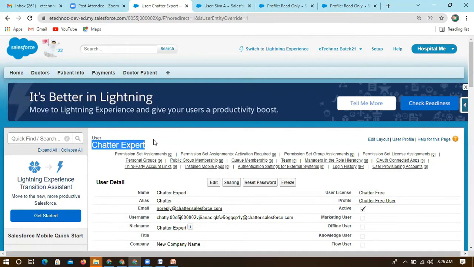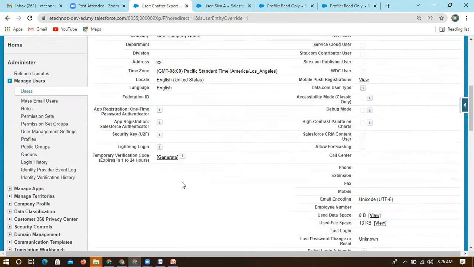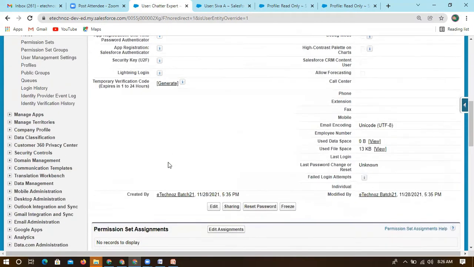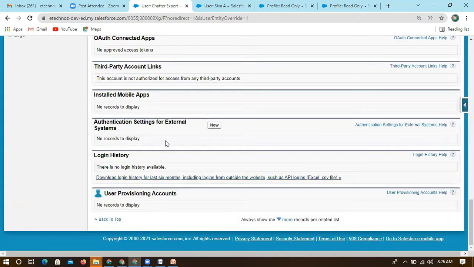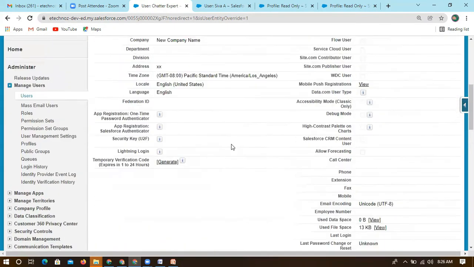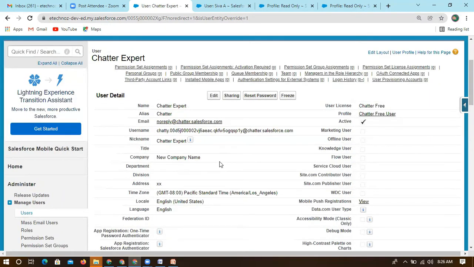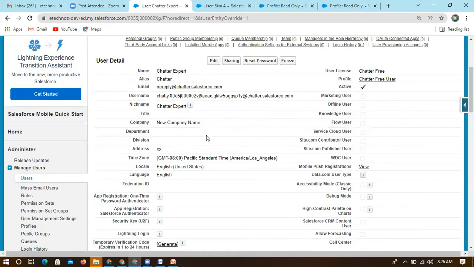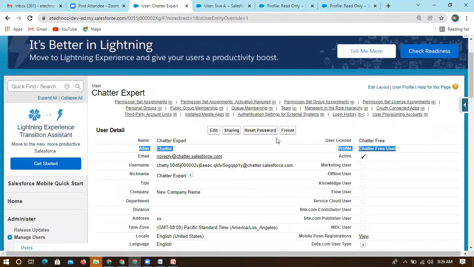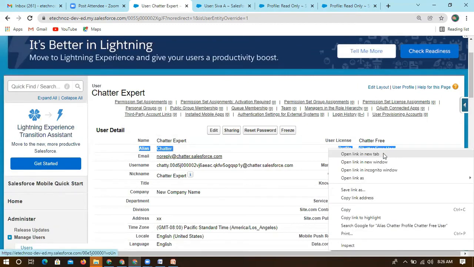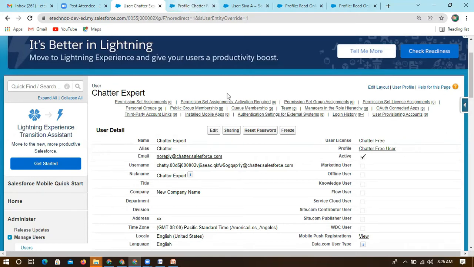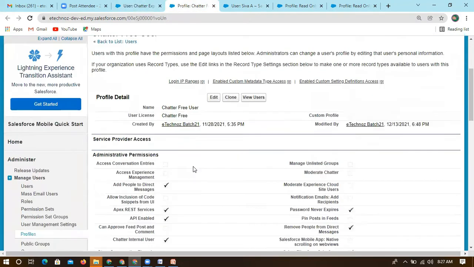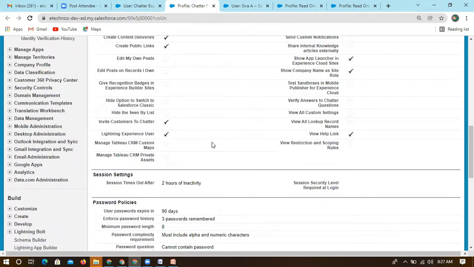But if you look at the charter expert, this is a profile, and they can control only limited things. They have limited access. You can see the name and directly a list, and there is no other option. You can see app level, tab level, object level here. Can you see anything for user for this profile? Yes, the name and the profile I can see. It's my bad. So I'm at user. For this profile, you can see only limited access here.